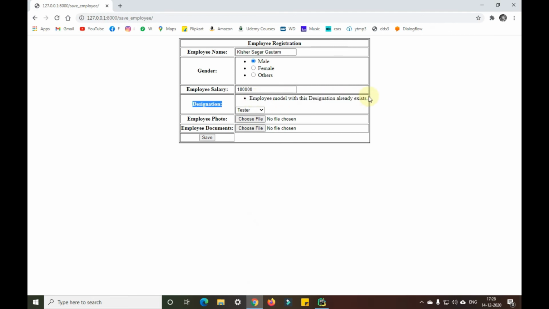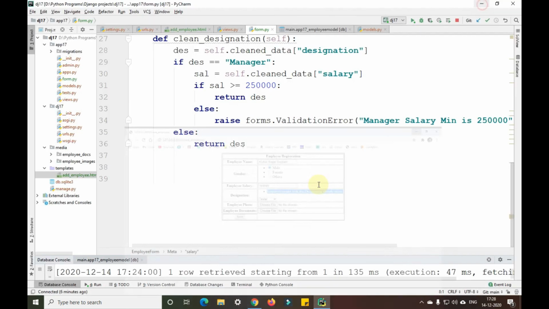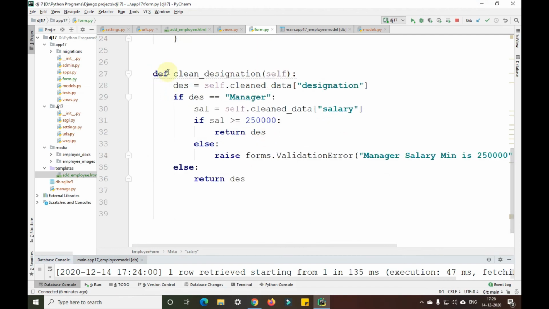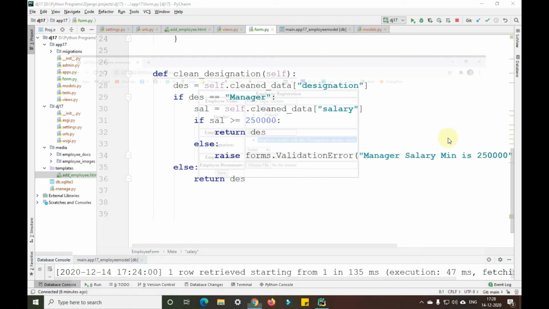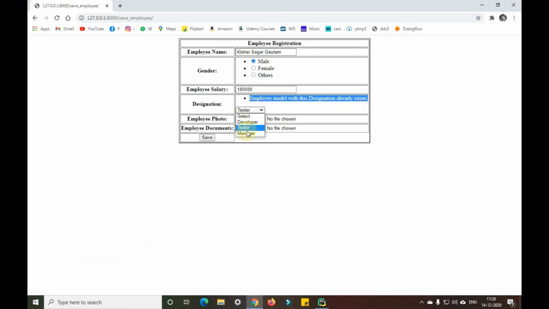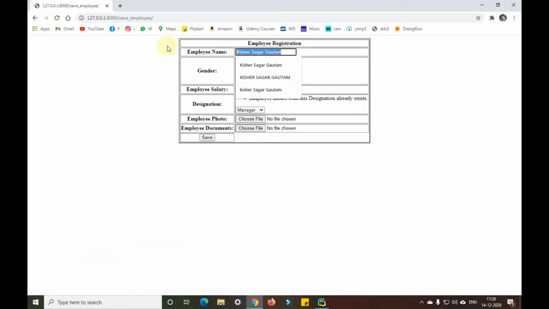This is the default error that we have in the forms.py file. But if you want to change this to something else, then we need to write a clean_designation function, the clean data function, and accordingly we can show that error. For example, I'm selecting this guy as manager. I'll change the name to George and give him as male.